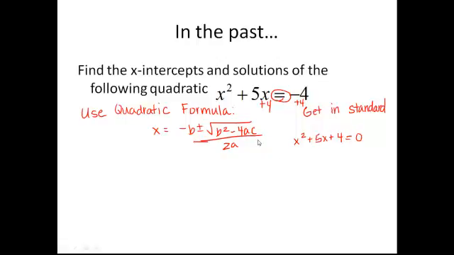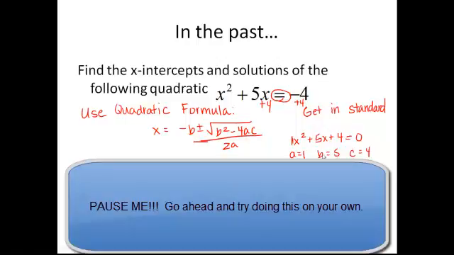Okay, so in other words, we're trying to find the x values that are going to have a y equal to 0. So this is when we would have gone through and said, well, a is 1, b is 5, and c is 4. Just looking at it, there's technically a 1 there. Then we could go ahead and plug that into our quadratic formula. So here I go, x equals